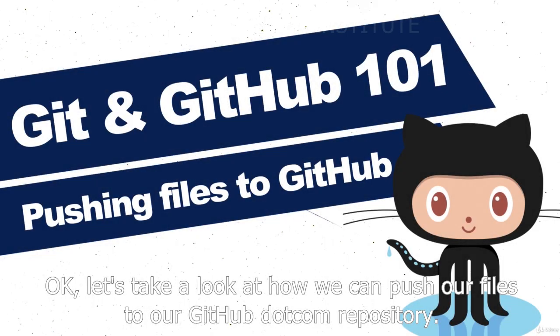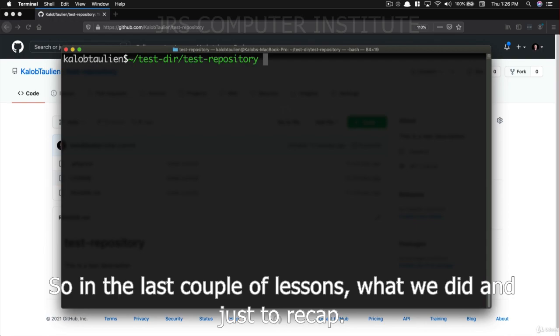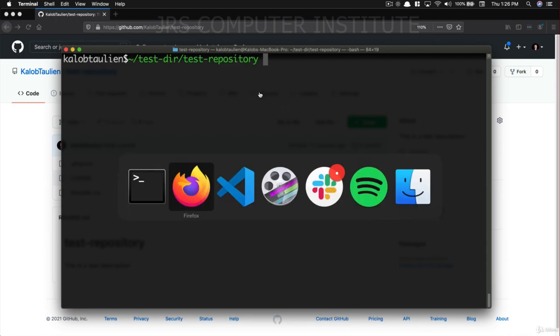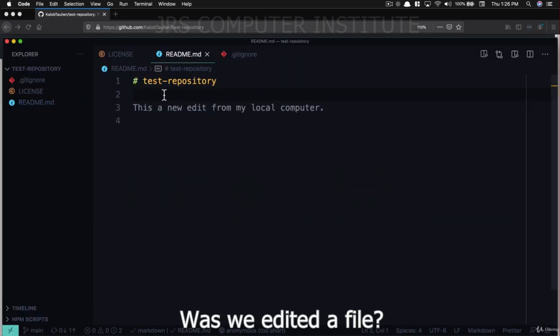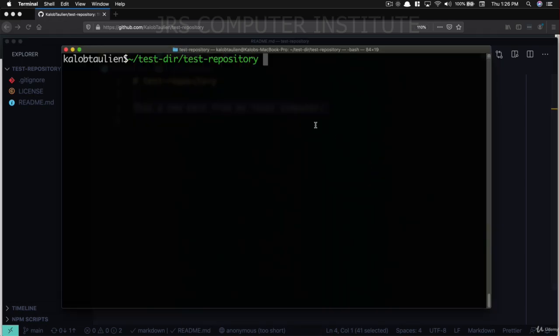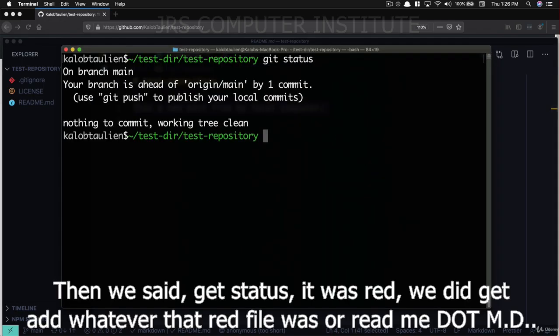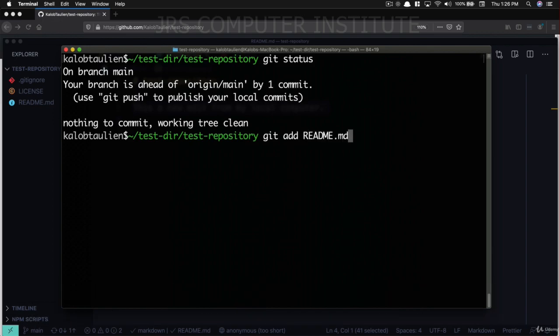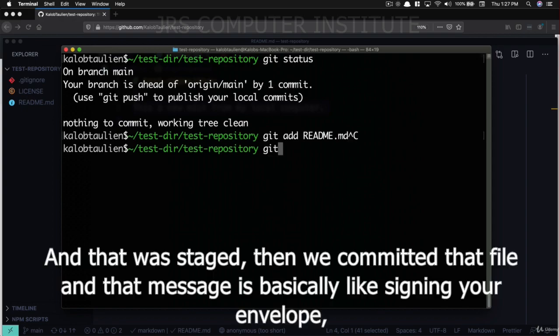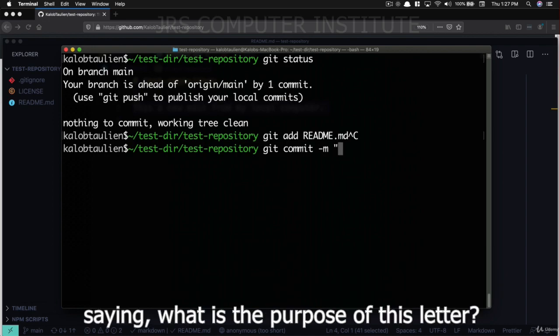Okay, let's take a look at how we can push our files to our github.com repository. So in the last couple of lessons, what we did, just to recap, was we edited a file. Then we said git status, it was red. We did git add whatever that red file name was, so readme.md. And that was staged. Then we committed that file, and that message is basically like signing your envelope, saying,